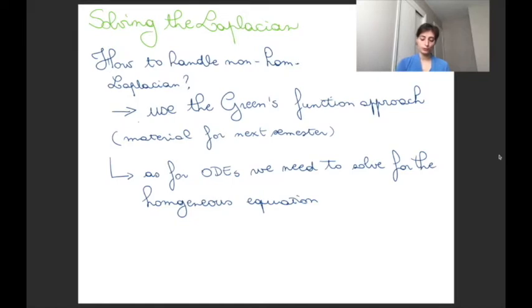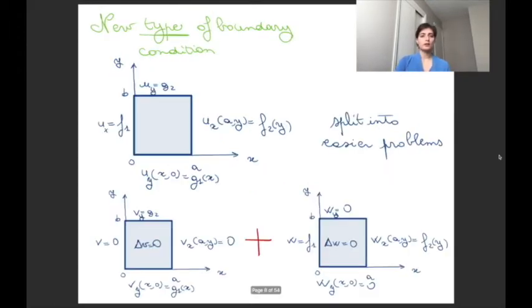As for the ODEs, the first step is to solve for the homogeneous equation. And this is the step we're going to be doing this semester. So we want to solve for the Laplace equation on a rectangle 0 to a times 0 to b. And we're giving Neumann boundary conditions. So Neumann boundary conditions on the rectangle are easier than Neumann boundary conditions in general, because what